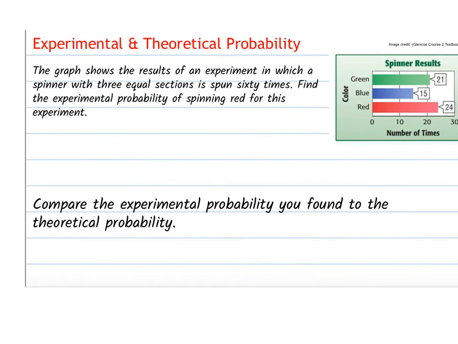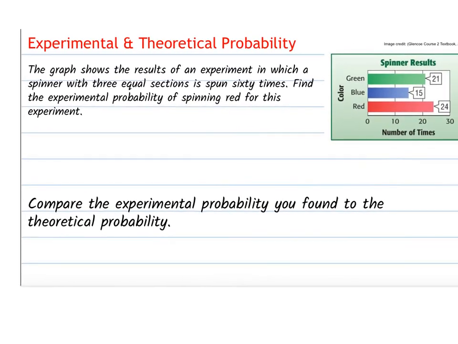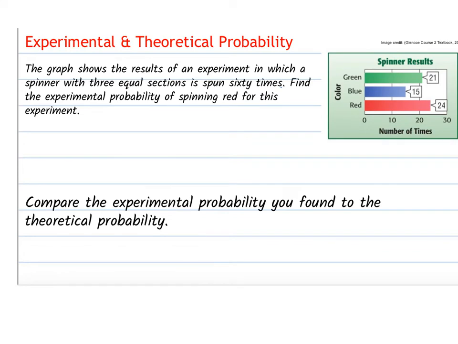The graph shows the results of an experiment in which a spinner with 3 equal sections is spun 60 times. So that's an important number. Find the experimental probability of spinning red for this experiment. So let's look here, and we can see that red was spun 24 times. So the probability of red, which is the experimental probability, is